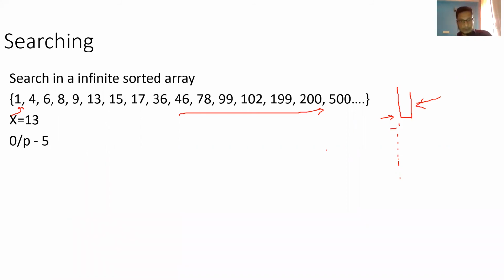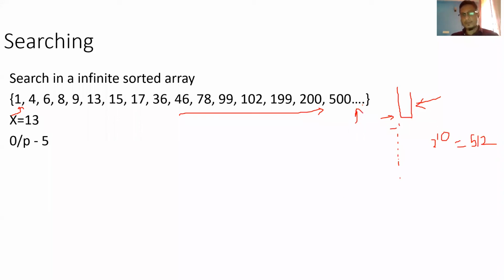So what we can do is go by powers of 2, powers of 10, whatever it is. You can use any logic. For example, you check 1, and then 2 raised to 20. How much is 2 raised to 20? It will be a very large number. If the array size is billions, then you can directly jump to 2 raised to 10. 2 raised to 10 is nothing but 1024.